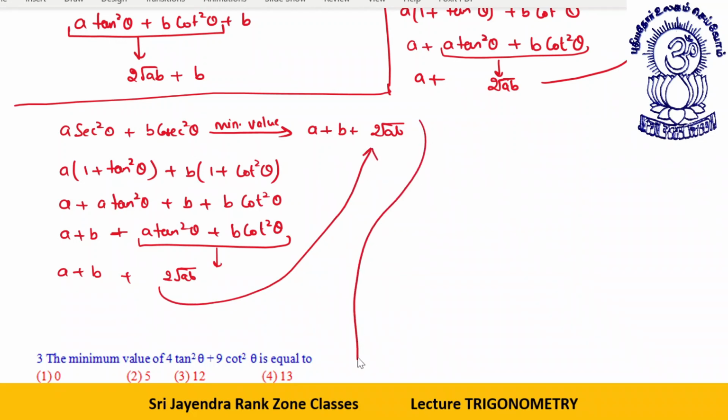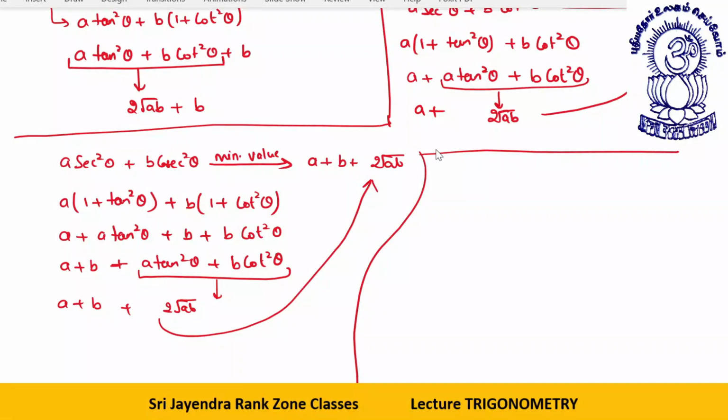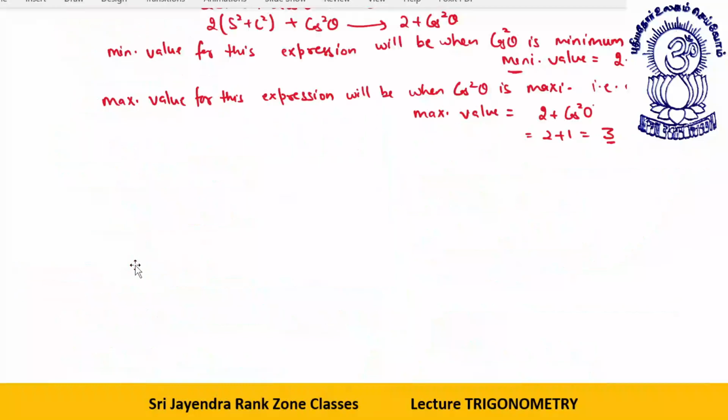One last thing is remaining, dear students. This is a small and easy thing. Fine, I'm telling it. If you have an expression a sine square theta plus b cos square theta, then the maximum value will be a plus b. Okay, not theta. Let's say alpha and beta. This is similar to the previous ones actually. I can skip it. So now let's start with the questions.